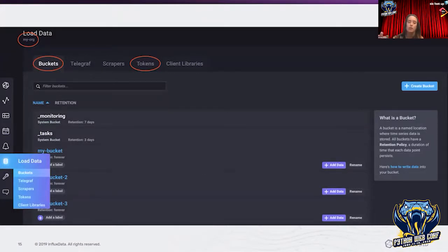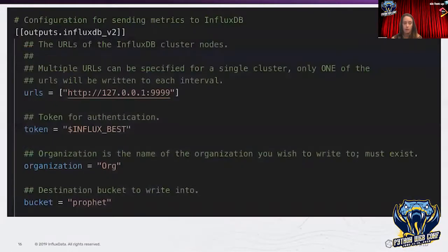InfluxDB not only is a data processing engine and a database, but it also has a visualization component. So when you just visit the port that InfluxDB is running on in your browser, you will immediately see all of your variables in the load data section, which is on the left-hand side, the third tab from the top. You can see our buckets, our tokens, and our organization. And those are the three parameters that we need to use the Python client. So here it is, I'm putting my information in the output section of my InfluxDB config